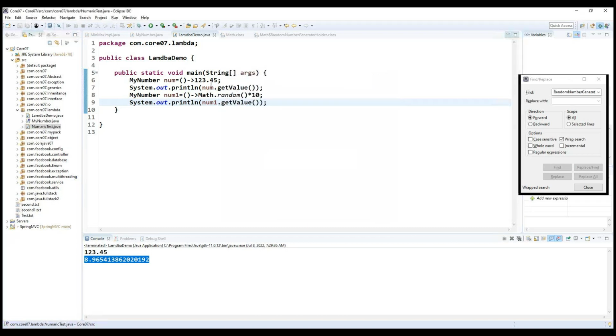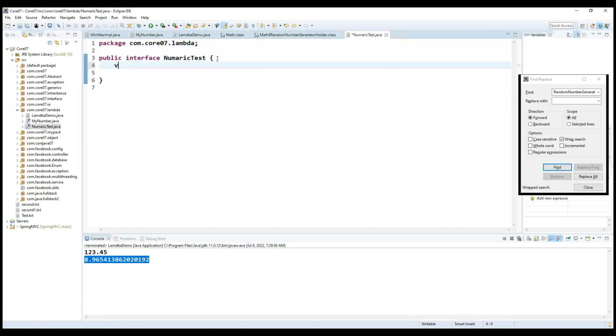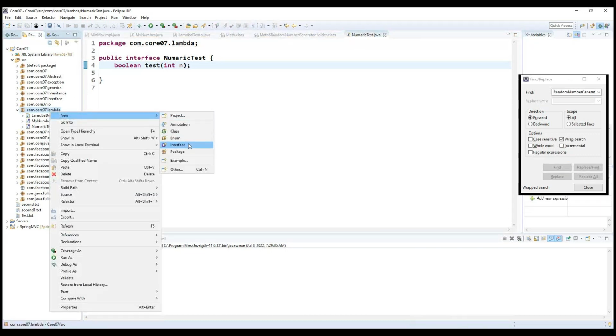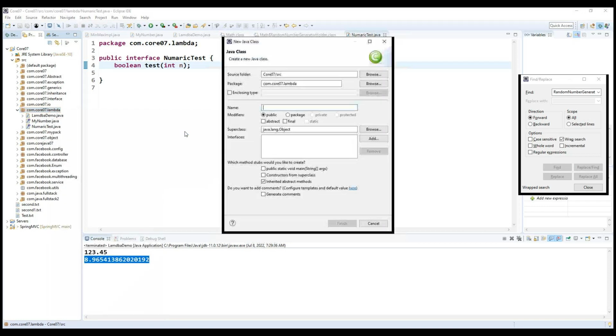This is nothing but numeric test I'm defining, and this numeric test basically will return a Boolean value, and we can write any method name. Okay, and it is expecting one parameter. So this is another functional interface. Now what I'm doing here, a class I'm trying to write here, and